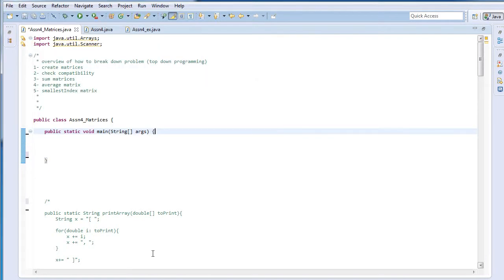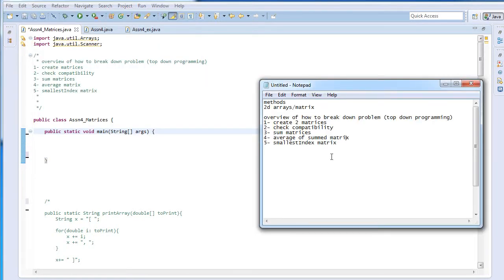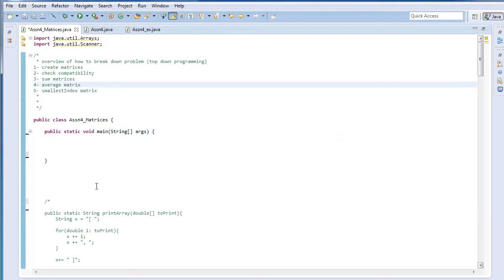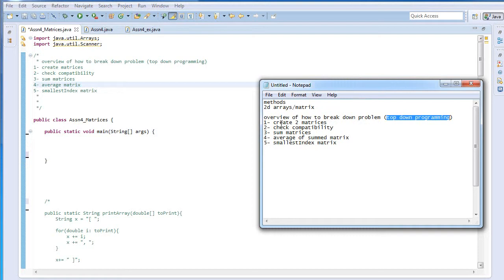Alright, so you guys should have watched my previous video on the basic idea behind top-down programming. And so, here I'm going to be using an example to try to illustrate that a little. So if we look here, we're going to be doing assignment 4, which was about matrices, where you had to create two matrices. You had to check if they were compatible, and if they were compatible, you had to add